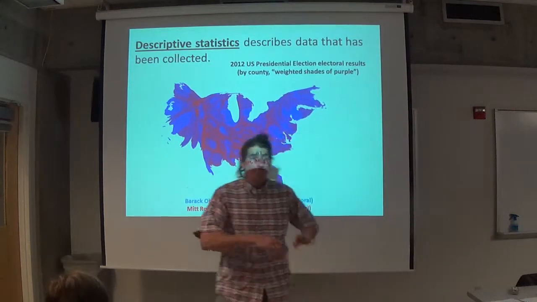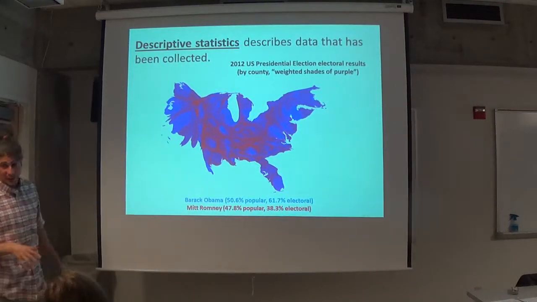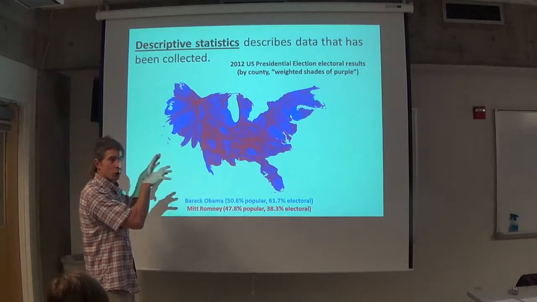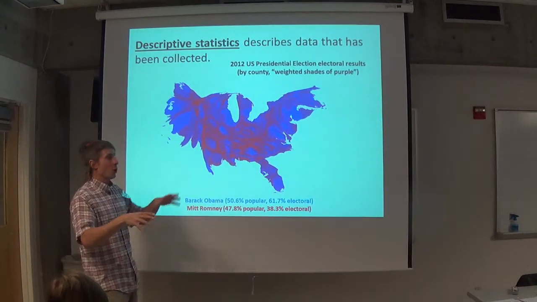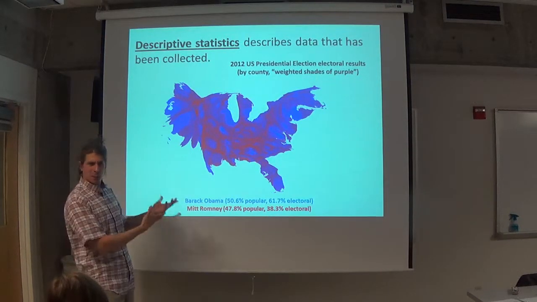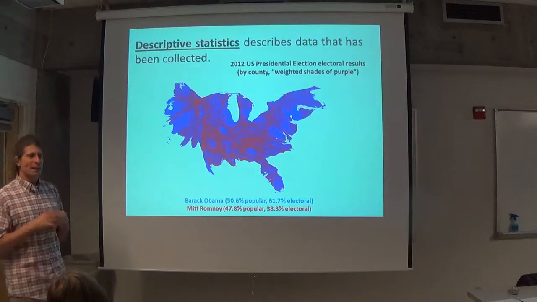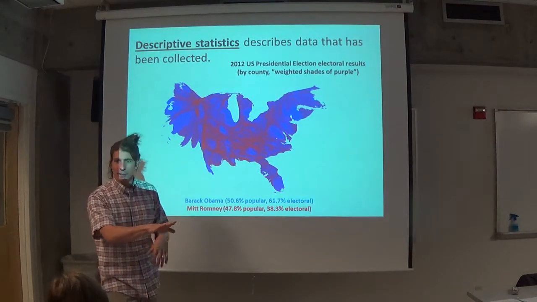That's good. But nonetheless, all of these are what's called descriptive, because all of these maps were created after the election was over, once we had all the data. And it's pretty much inarguable. It's just, that's what happened, you know? It's kind of like when you take a baseball card and turn it over. It tells you how the player did.